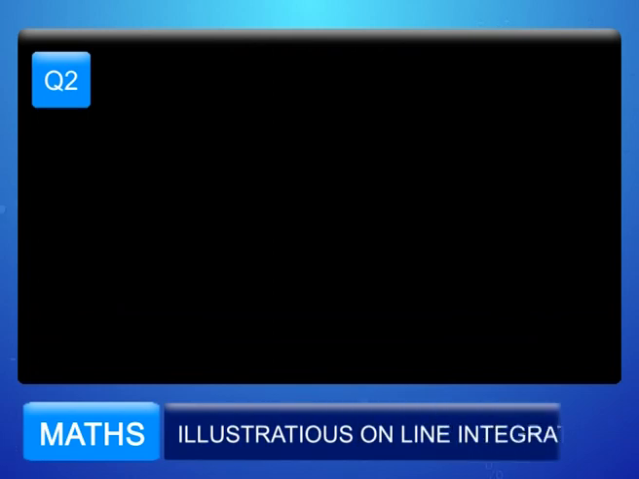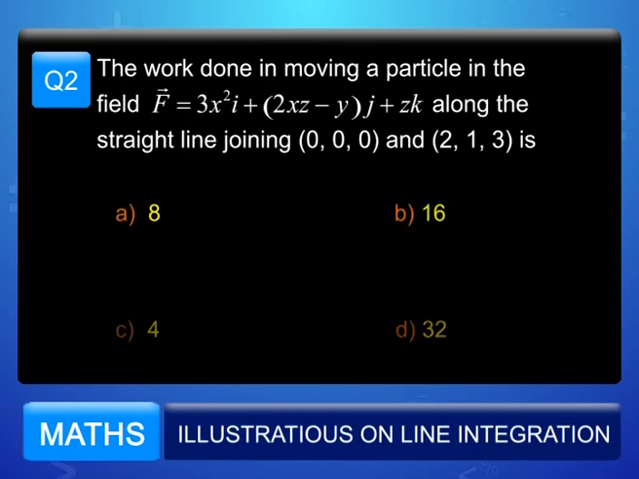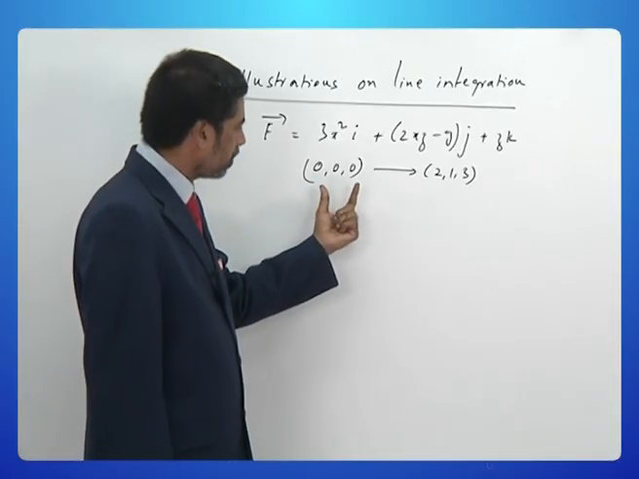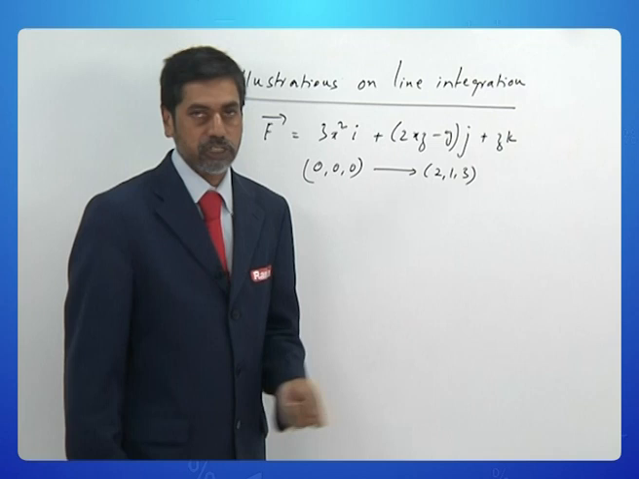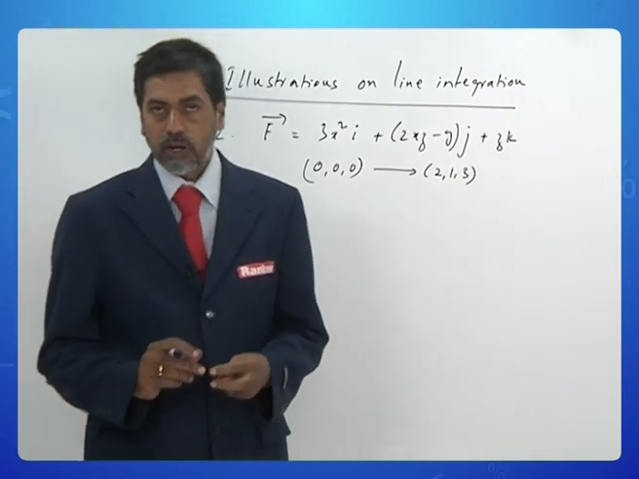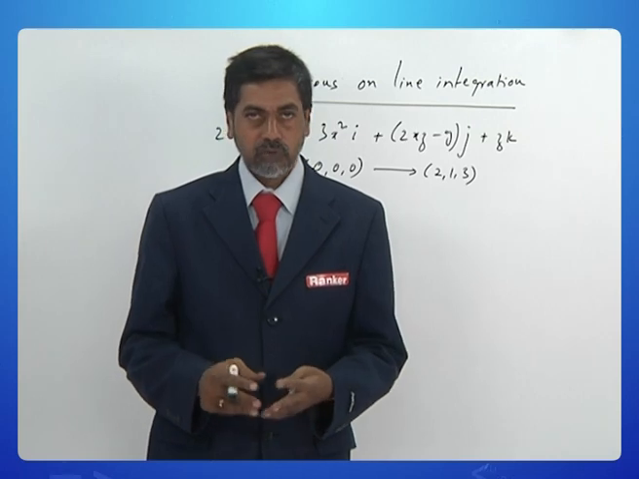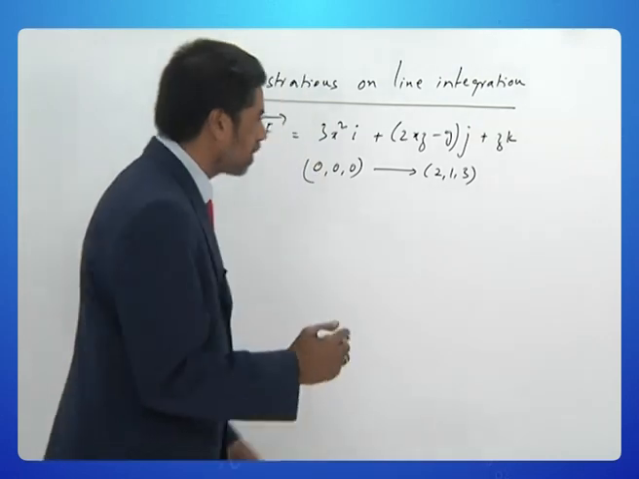Question number 2. What is the work done in moving a particle in the field F is equal to 3x square i plus (2xz minus y) j plus z k along the straight line joining (0, 0, 0) and (2, 1, 3)? Now this is a situation where we have a straight line in 3D space. So we require the work done. Work done is always a line integral. So let's set up the